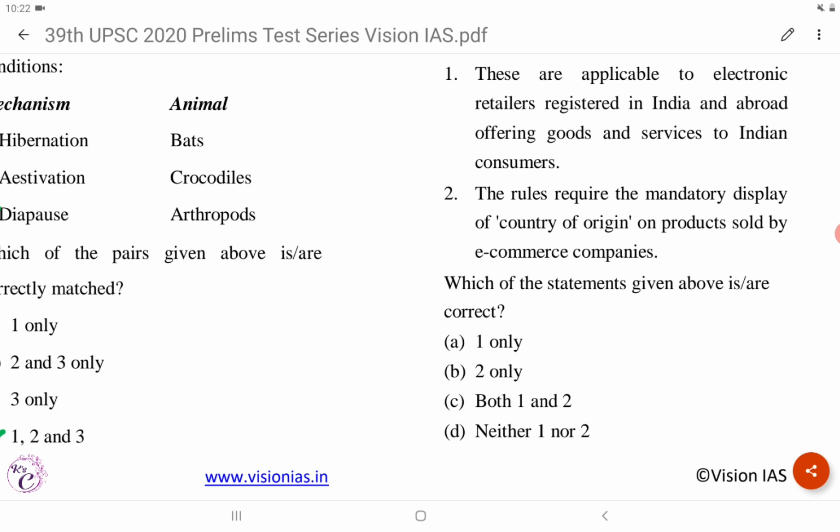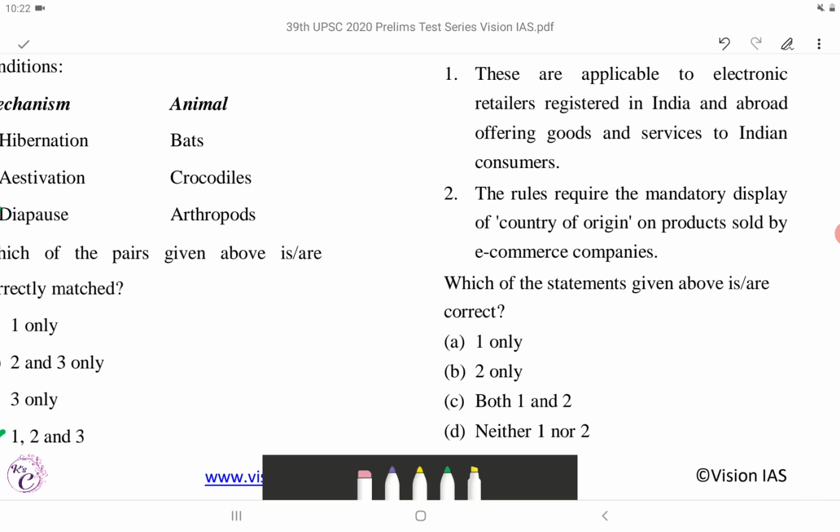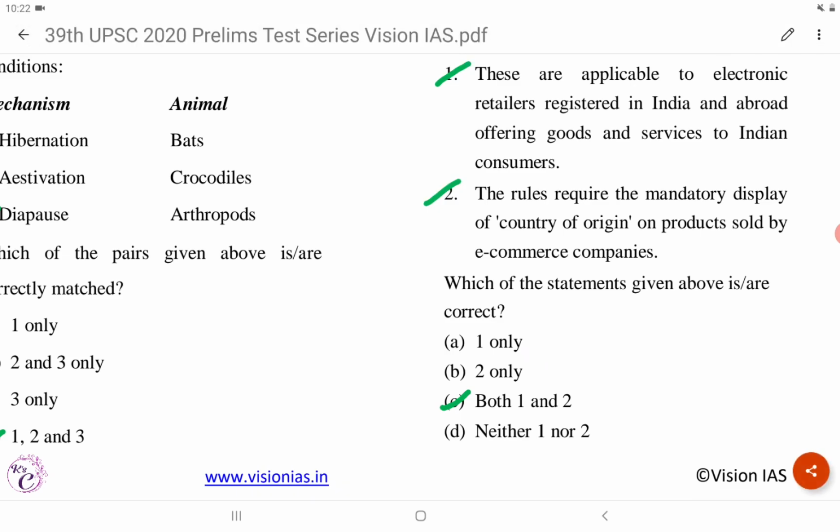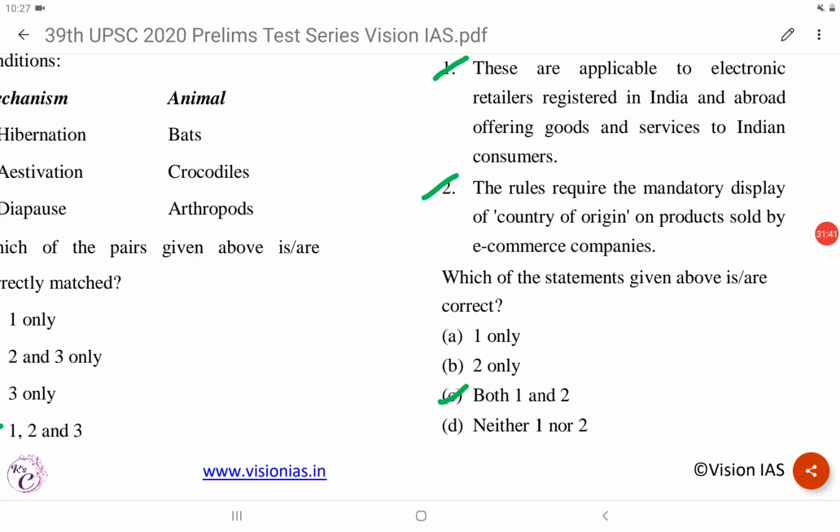So the correct answer is C, that is both 1 and 2. Both the statements are correct. The Consumer Protection E-commerce Rules 2020 complement the Consumer Protection Act 2019 with regards to the protection of consumers from unfair trade practices and other practices of e-commerce platforms. The new rules will be applicable to all electronic retailers, that is e-tailers, registered in India or abroad but offering goods and services to Indian